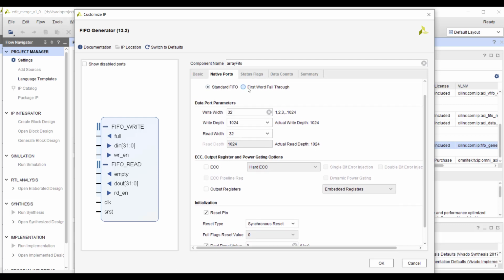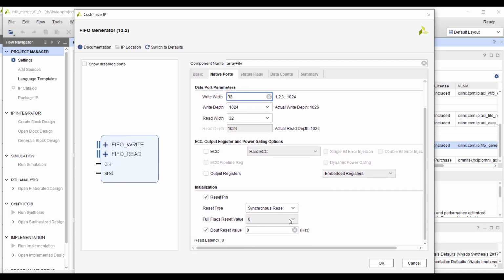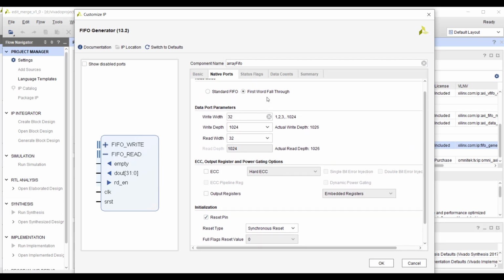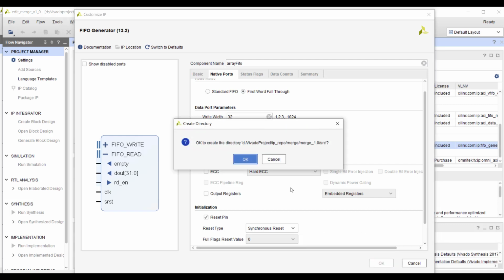Once I choose first word fall through, you will see like the read latency becomes 0. Okay, so the valid data is already available at the output of the FIFO even before you make read enable high. So that's why it's saying latency is 0. So this will make my implementation much simpler. Okay, so that's why we are choosing this option, first word fall through. So remember, if you choose this option, the FIFO prefetches the next valid data and it will keep it at the output. Okay, so choose OK,